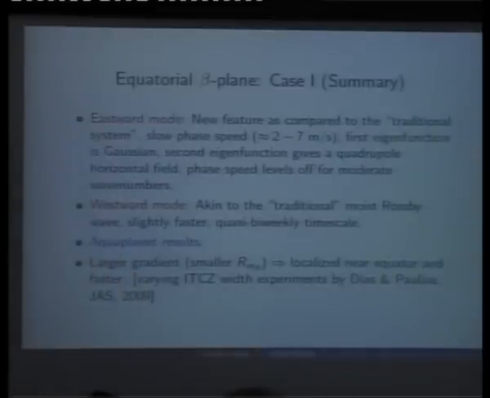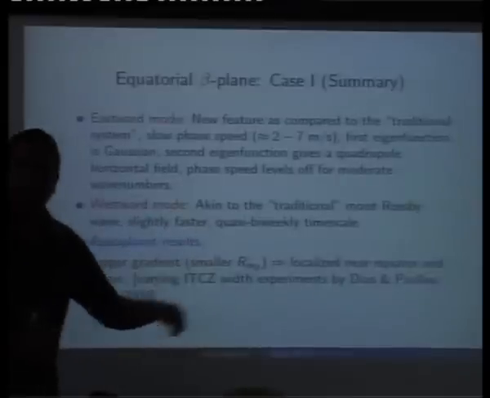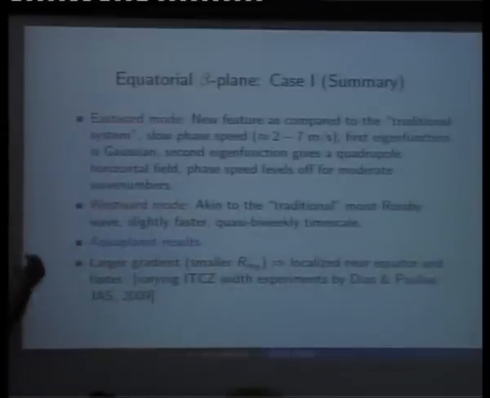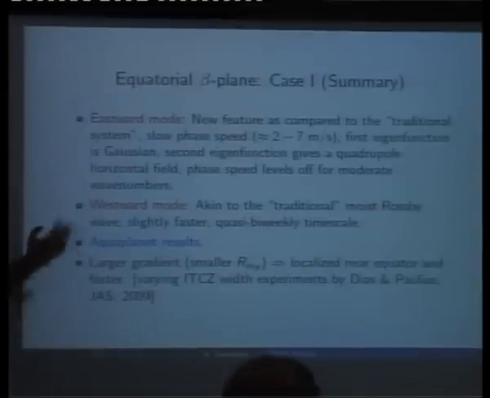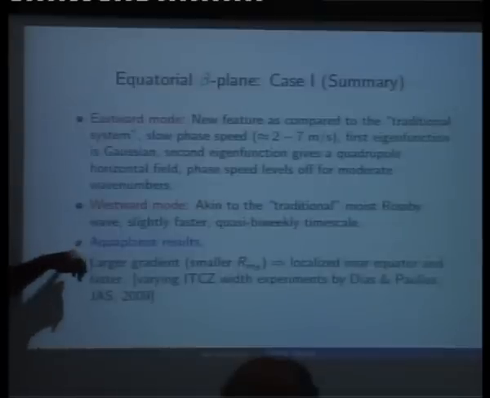Next, if you go to the westward propagating mode, these are essentially Rossby waves, though slightly faster than traditional moist Rossby waves. Thirdly, you can look at these two modes and try to look at aquaplanet results. Most aquaplanet results produce robust eastward propagating large-scale modes. And aquaplanets, by and large, usually only have a meridional gradient of precipitable water. There is really no large-scale zonal inhomogeneity. So to appeal to any kind of zonal inhomogeneity to explain these large-scale modes is inappropriate. This probably provides a route by which one can think of these results over here.